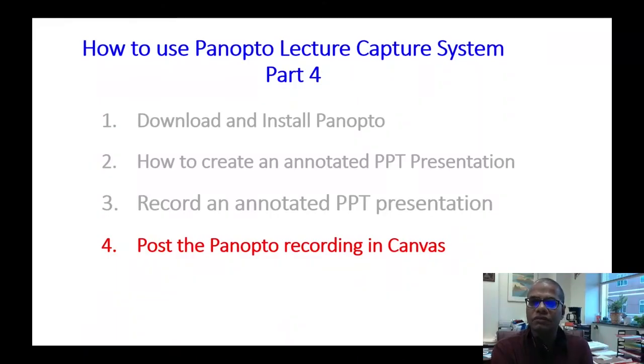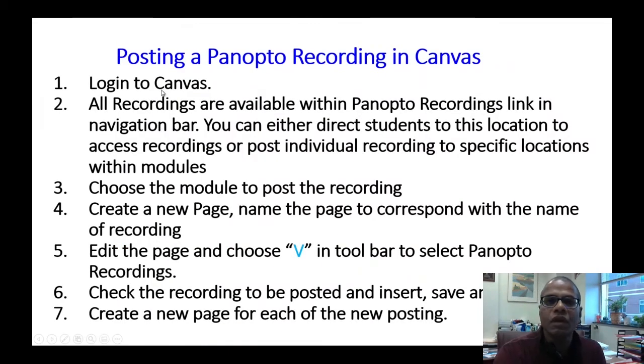So in this part 4 of the tutorial on how to use the Panopto lecture capture system, I will demonstrate how you actually post the Panopto recordings in Canvas so students can access and view them. Again, this involves a specific step-by-step process. There is an easy way and then there is a sort of long way. I'll show you both. So first, you will log into Canvas and choose the